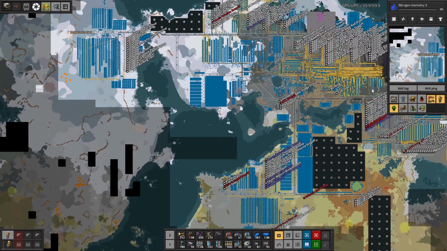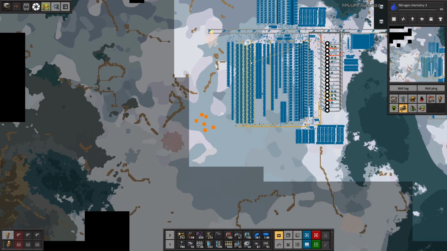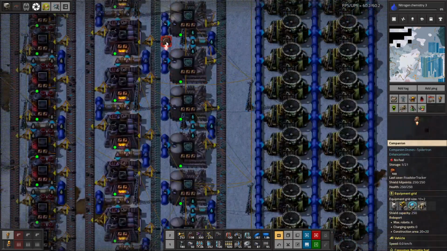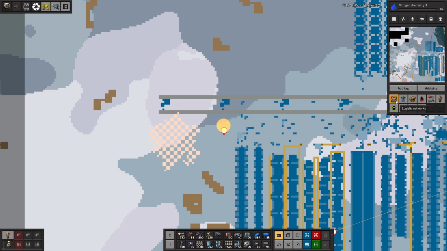Whatever. Let's just go to the map mode here. We're gonna turn off tags. We're gonna turn off train stop names. We're gonna turn off player names. We're gonna turn on worker robots. We're just gonna see if anything... Wait. No fuel! Aha! We found the robot and we found what's going on,